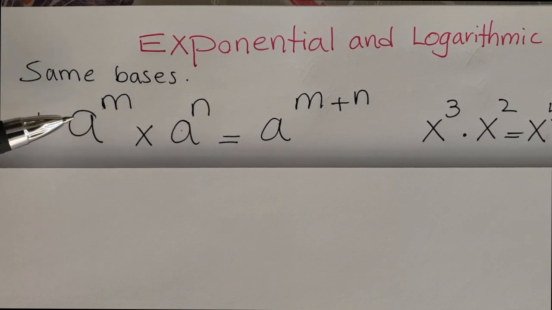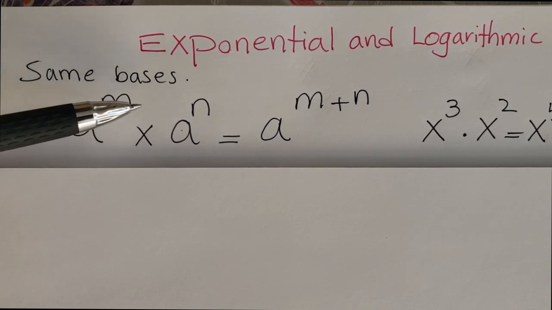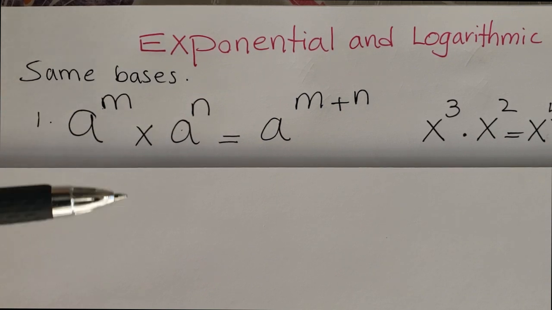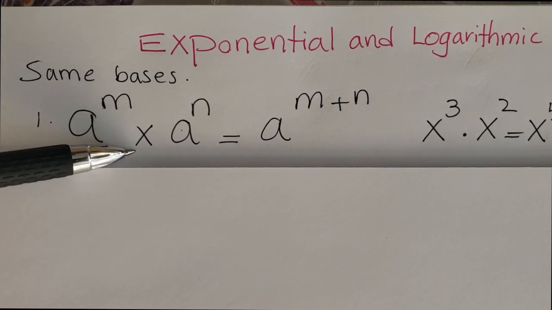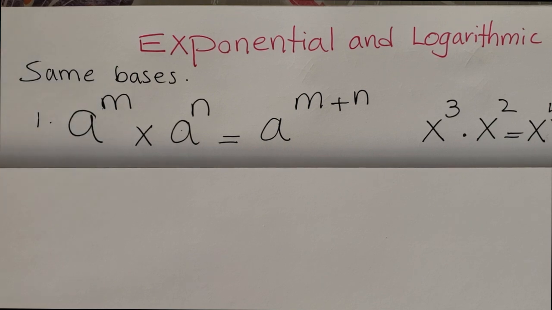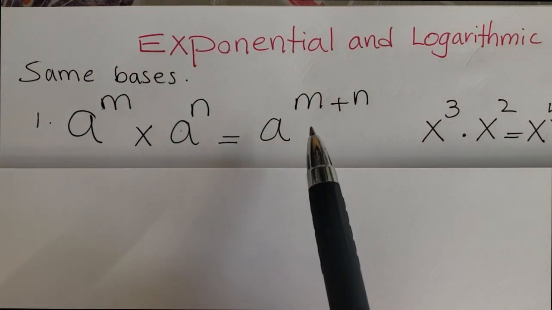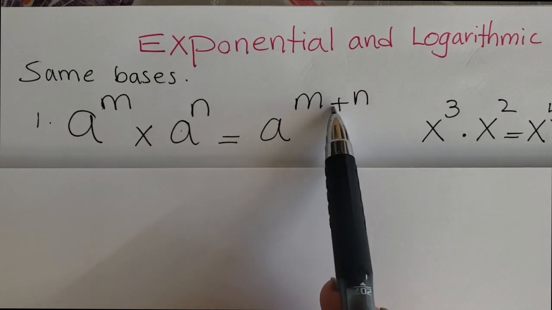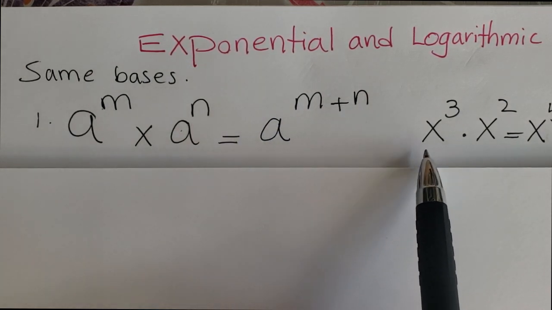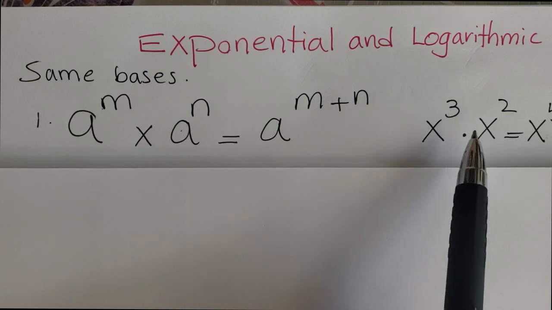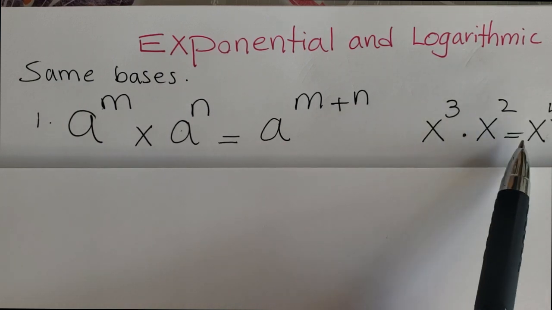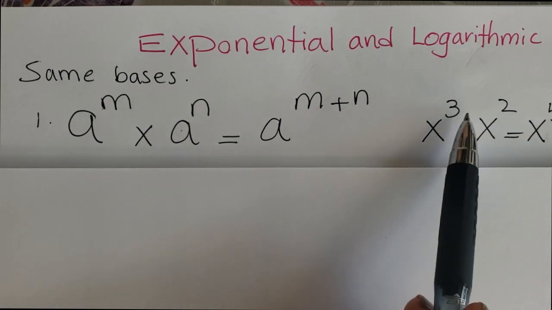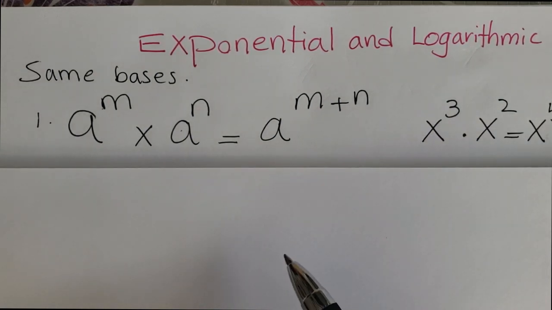So as you can see, they have the same bases. m and n are the powers or exponents. The operation here is multiplication, okay? And the action is adding these two exponents together, okay? So let's do an example. x to the power 3 multiplied by x to the power 2 would equal x to the power 5. The base is x. The exponents will be added together,